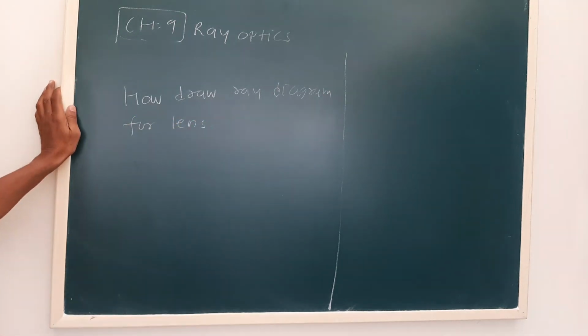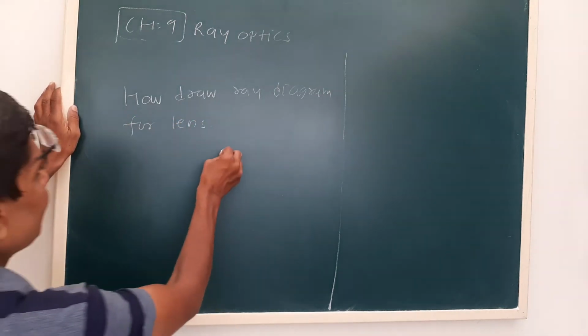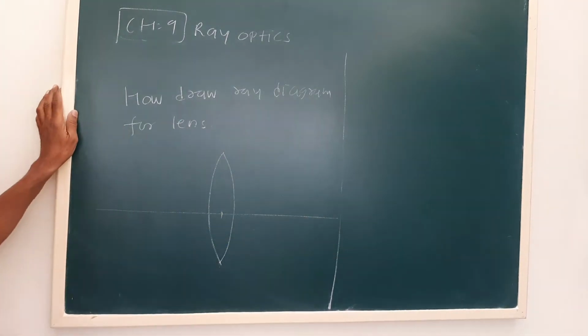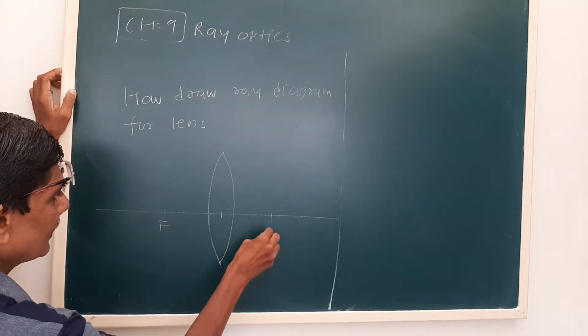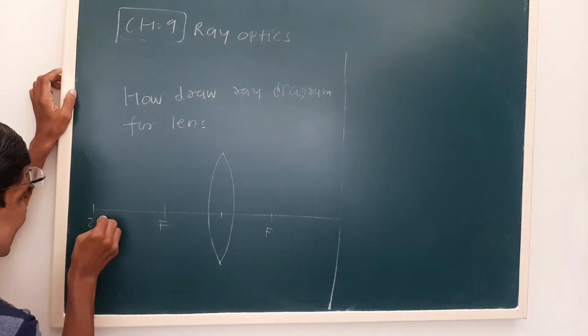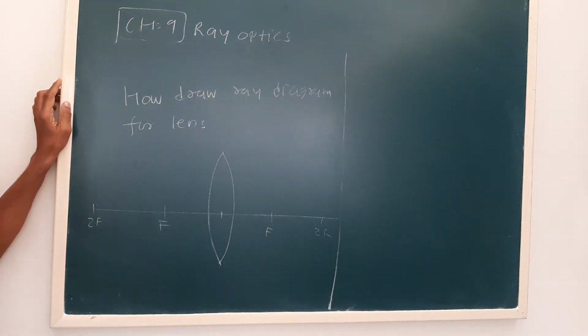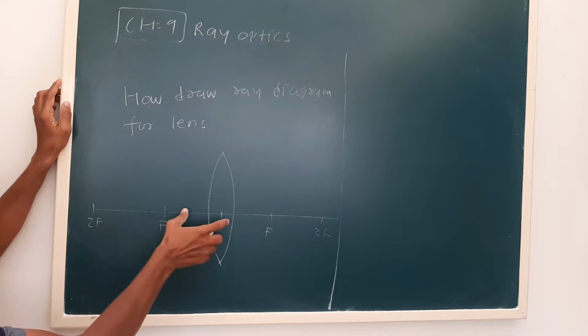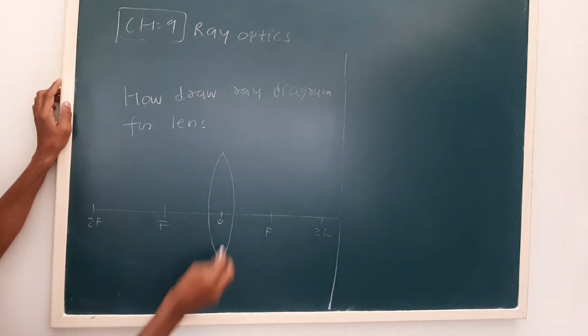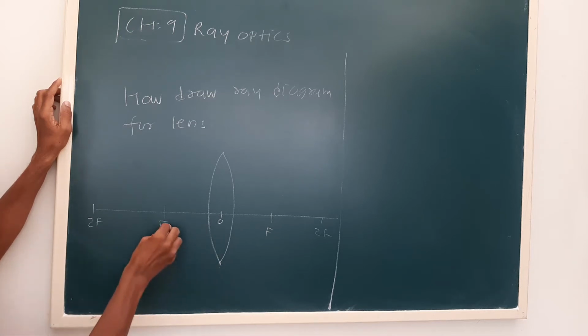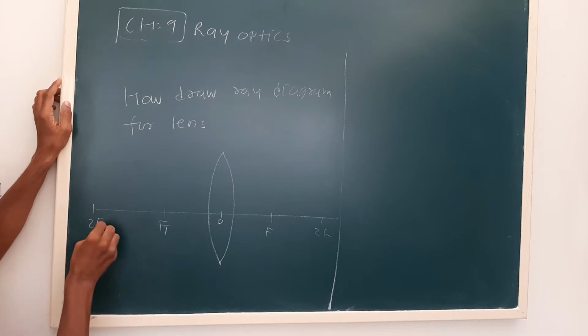Okay, now we start with a convex lens and then we have a generalized formula for the lens. Now see, a lens has two foci, one on each side. Just as we had C equal to 2R, the center of curvature, here we have F and 2F, where O is the optical center. OF will be equal to OF on both sides. We can say this is F1. In some books it is mentioned as F1 and 2F1, but we can generalize it as F and 2F.